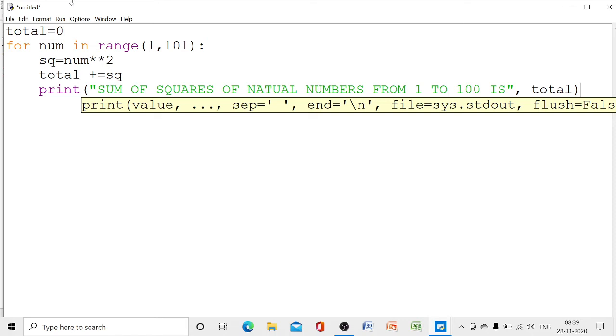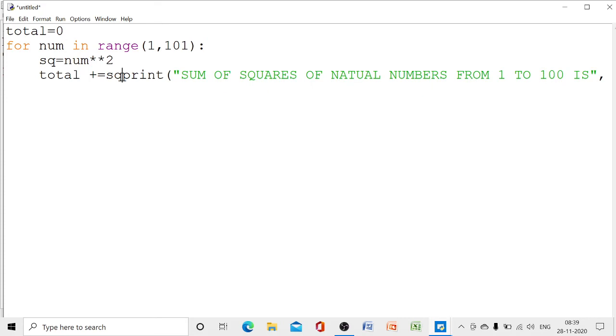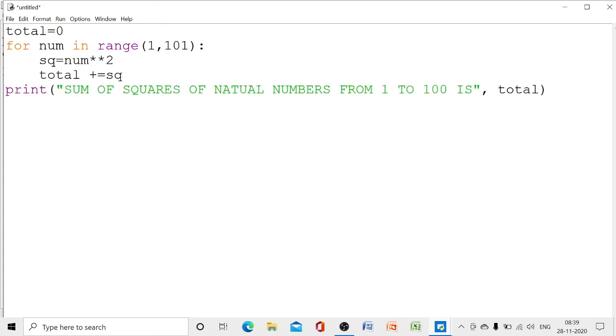So this is also a small program. The first step is total is equal to 0, for number in range 1 to 101, right? Square is equal to number exponent 2. We have to find the squares of these numbers, from 1 to 101.